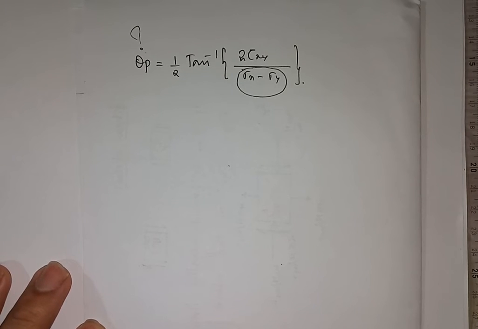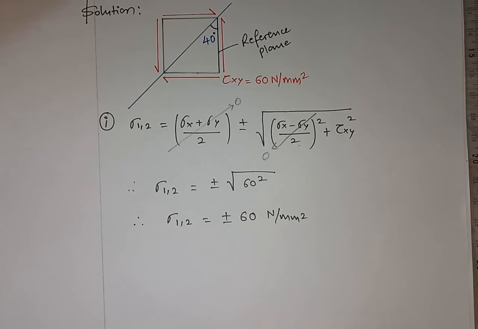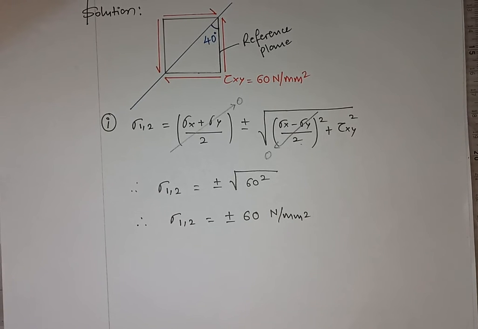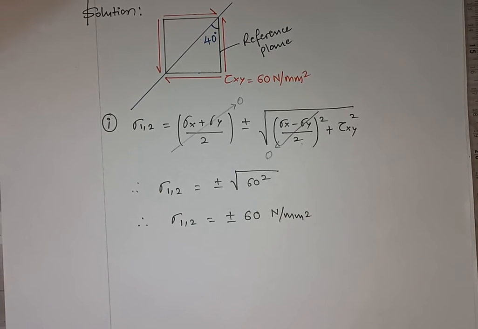Right, so in order to resolve this problem, I have come up with a different approach. So what is that approach? The approach I will be using here is very simple. I will be simply making use of the definition of the principal stress. What is the definition of a principal stress? Let me speak about the principal plane first, then we will go to principal stress. Principal plane is a plane on which the value of shear stress will be equal to 0. Right? I hope all of you agree. Principal plane is a plane on which the value of shear stress will be equal to 0.